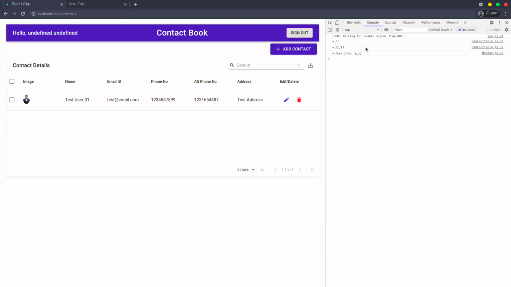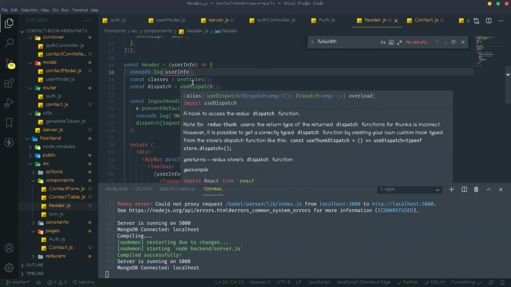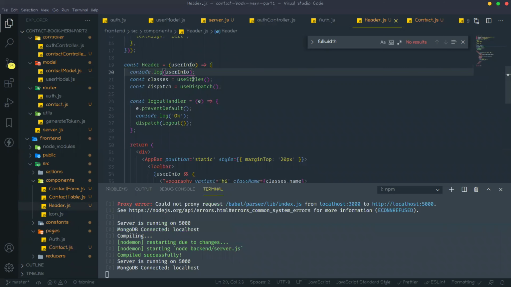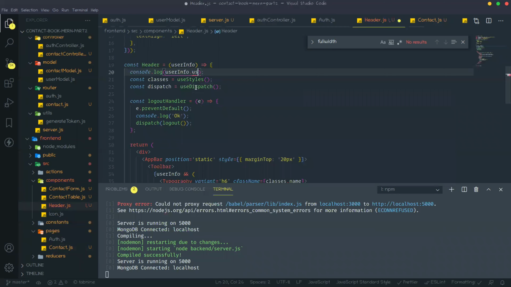I'm checking whether the user info is coming or not. So the user info dot user info, it will come that way. User info dot user info.